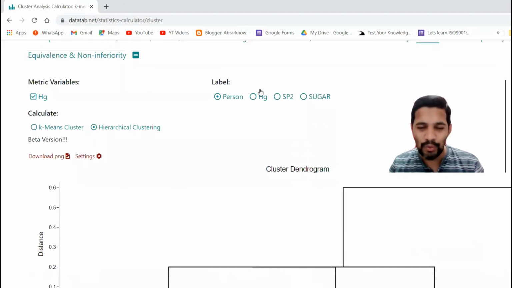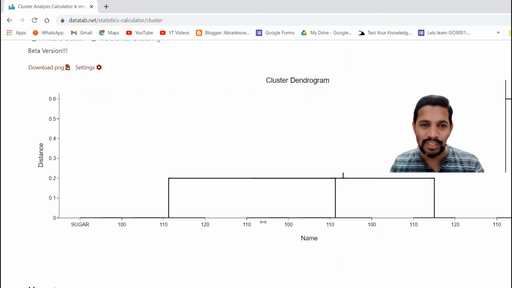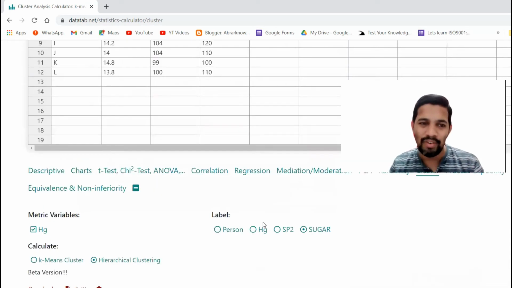Let's say you wanted to classify it down by hemoglobin, you can do that. So that's what I have done here. Even if you wanted to do it with the SpO2 level, oxygen level, you can do that. And sugar level, you can do that. So easily you can classify the data and have this in your controls. This is one example from the medical side.